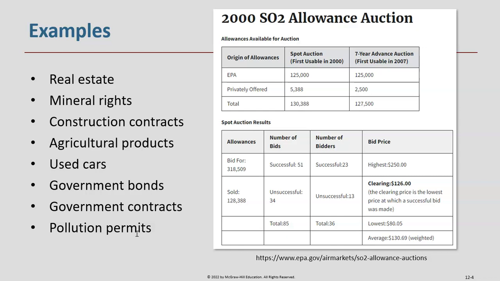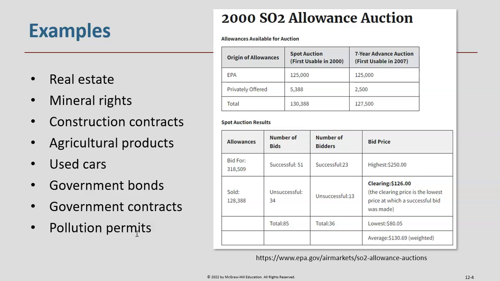When the U.S. government runs a budget deficit, it sells government bonds, and the way that it sells those bonds is with a uniform price auction. Government procurement contracts are allocated by auction, and pollution permits